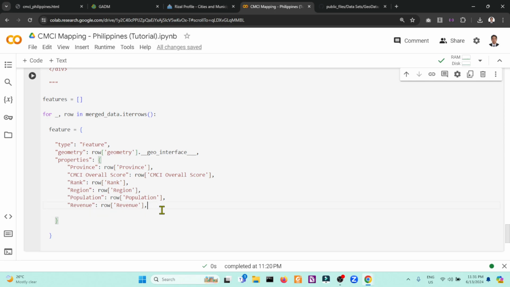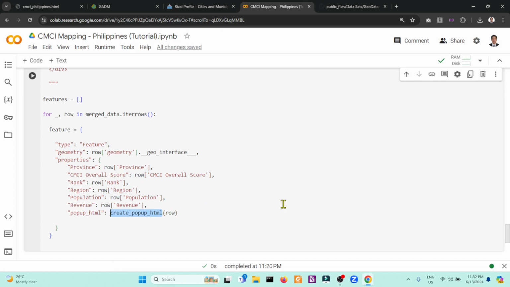And the last one will be our pop up HTML, which takes the function create pop up HTML, which is the assigned rows. So we're creating a type feature based from merged data, specifically the geometry and its specific properties.